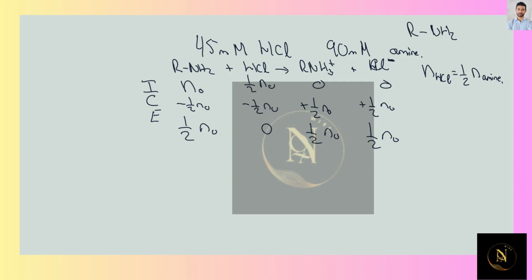So now, what we notice is that we're going to have at the same time a weak acid, that is the ammonium ion associated to this amine group, and we're going to have its conjugate base. And both of them are going to be in the same quantities. It doesn't matter the volume, the amount of mole is going to be the same, thus the concentrations are going to be the same. So we're told that the pKa is going to be equal to 8.3 times 10 to the minus 2,